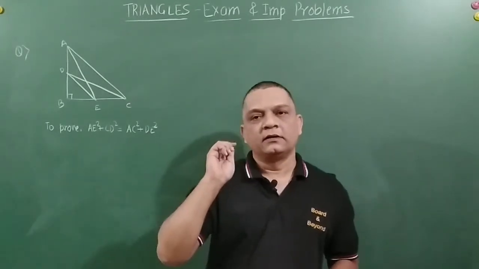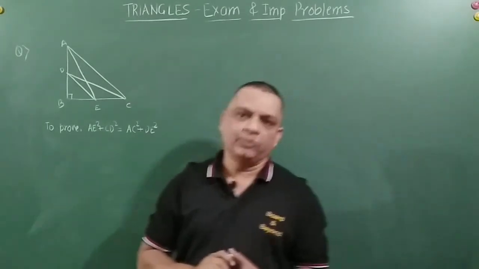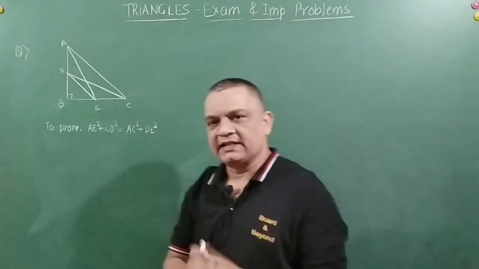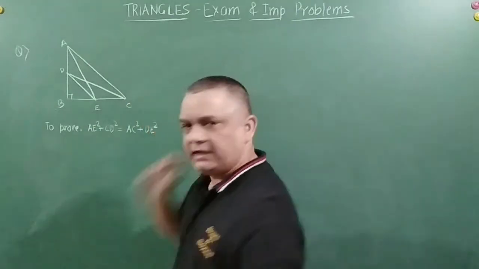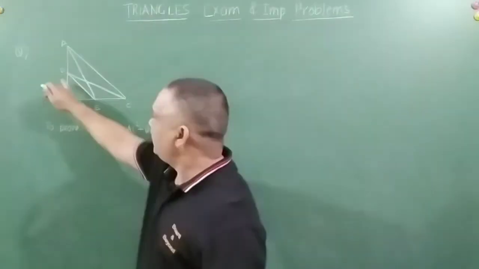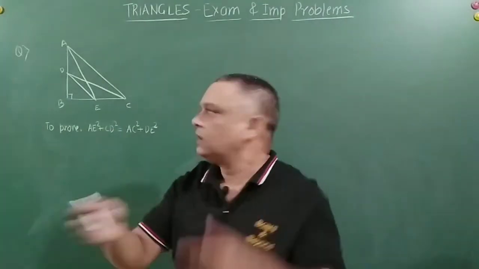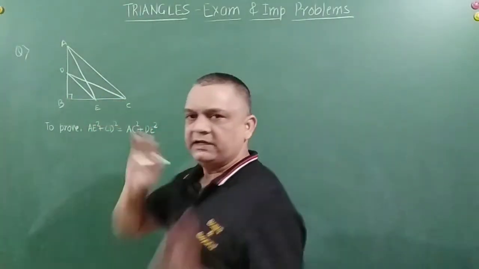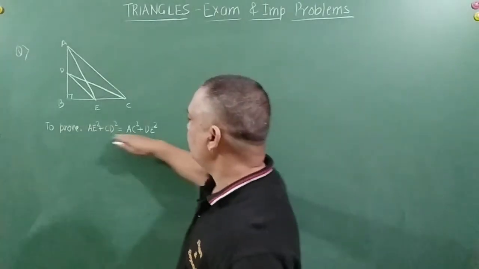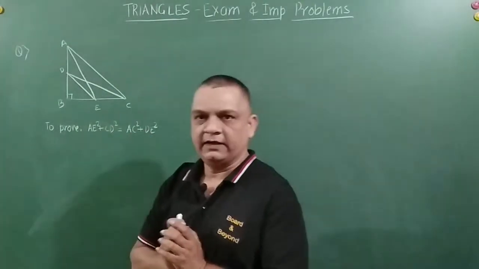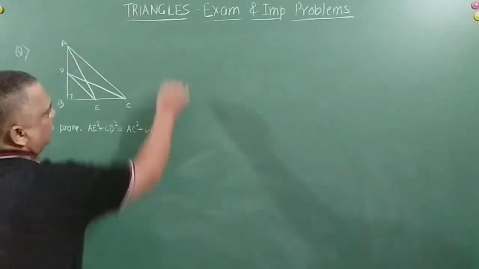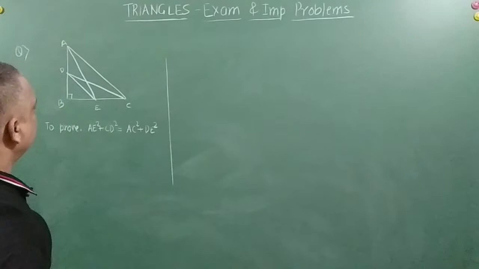So just to make our life a little simpler, I have taken down the problem here, right friends? It says that there is a triangle ABC, which is a right angle triangle, right angle at B. D and E are any points on the side AB and BC respectively, and then we are expected to prove this. This has appeared in your previous examination. So friends, let's start.